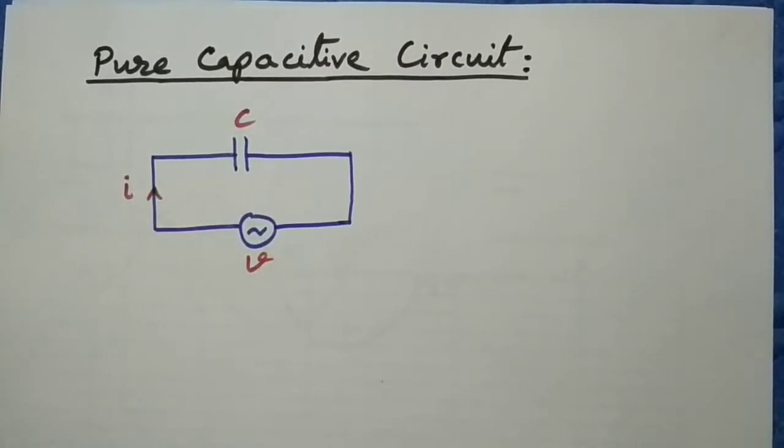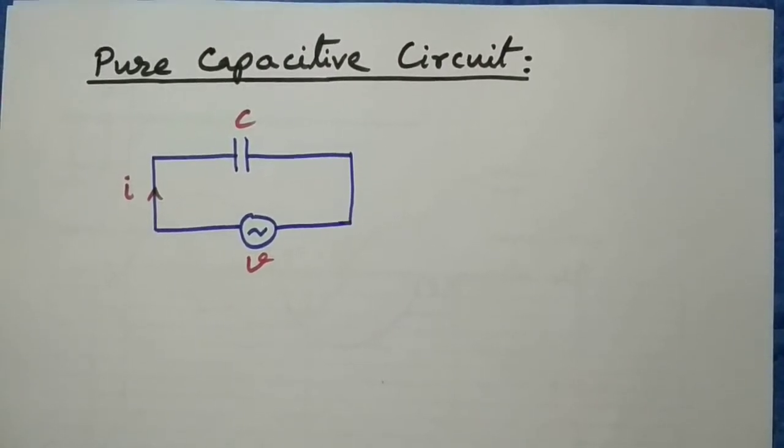In case of DC, if we apply a DC potential difference across the capacitor, then the charges will be accumulated, and once the charges are saturated, the flow of charges will stop. But in case of AC, the potential difference across the capacitor gradually changes. Initially it increases, then it decreases. Therefore, the plates of the capacitor will be charged and discharged. Therefore, a current will flow through the circuit.